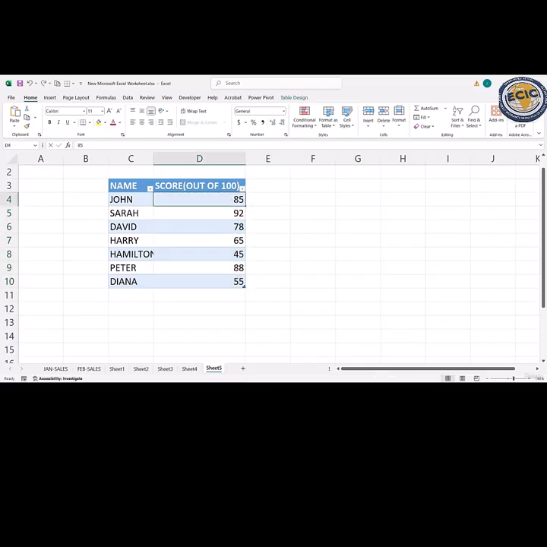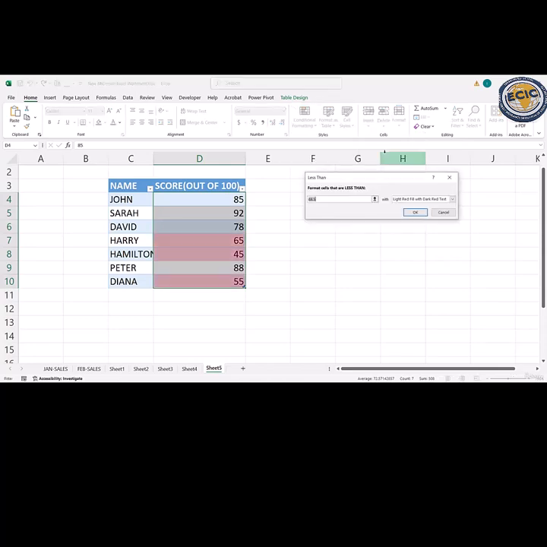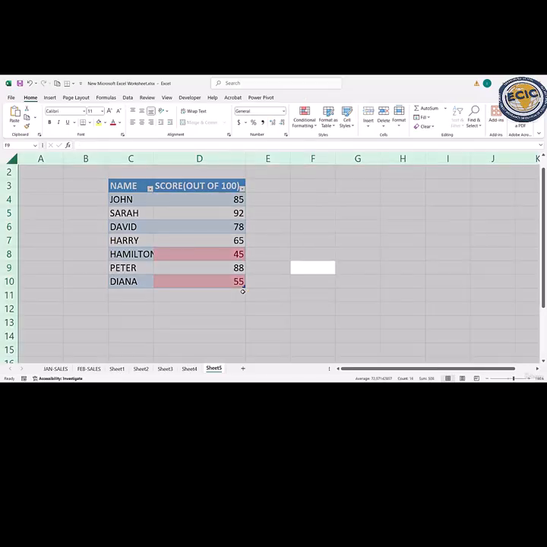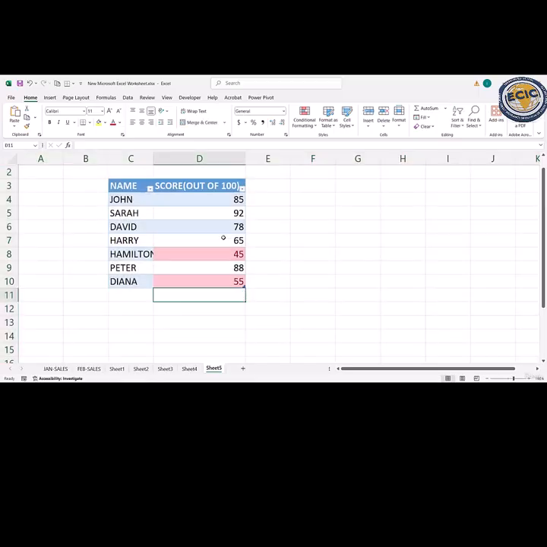At first I will select the options, and then I will go to conditional formatting, Highlight Cells Rules, Less Than, which are less than 65, let's say. If I click OK, there are two items that are highlighted from our list. So now I will show you